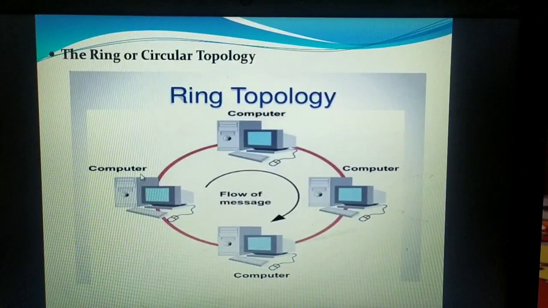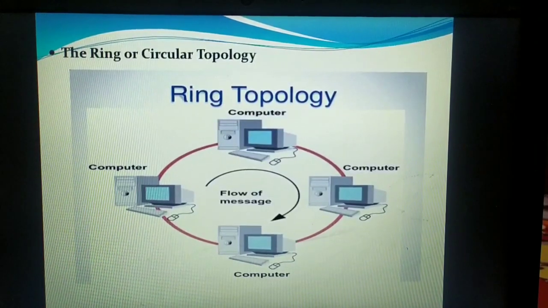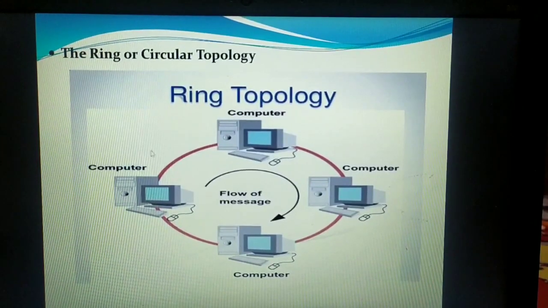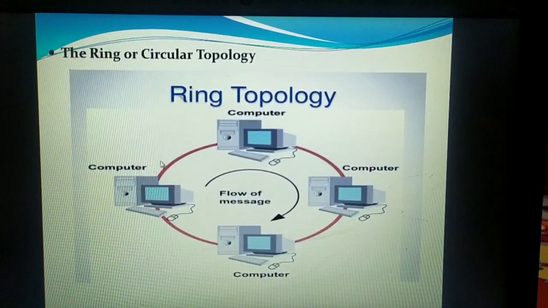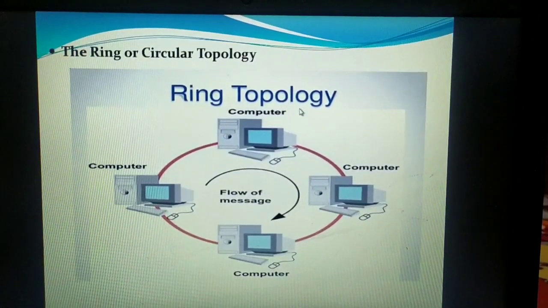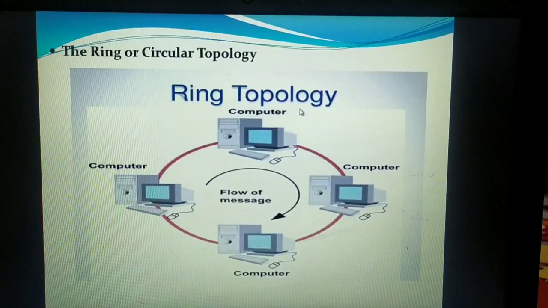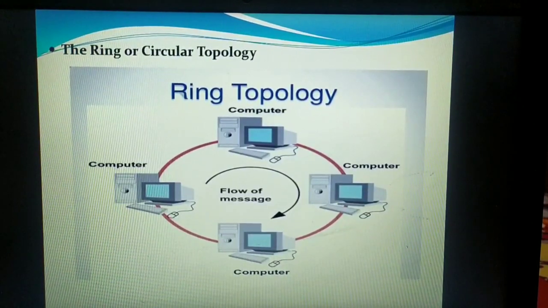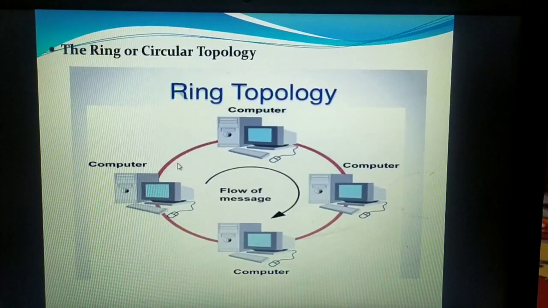Okay, next one is that it is very much suitable for fiber optics. By using fiber optics, we have the possibility to reach very high speed transmission. That is why ring topology makes use of fiber optics or coaxial cable. In olden days we used coaxial cable, but now we use ring topology mostly in the case of WANs. And if we are using that, then obviously nowadays we use optical fiber cables.